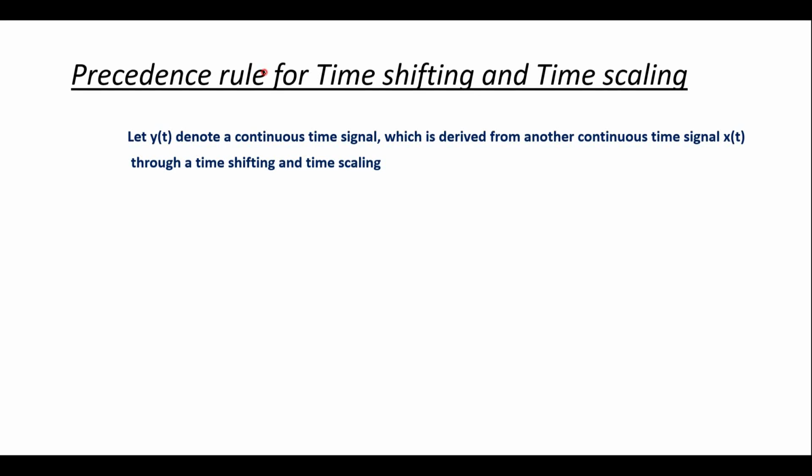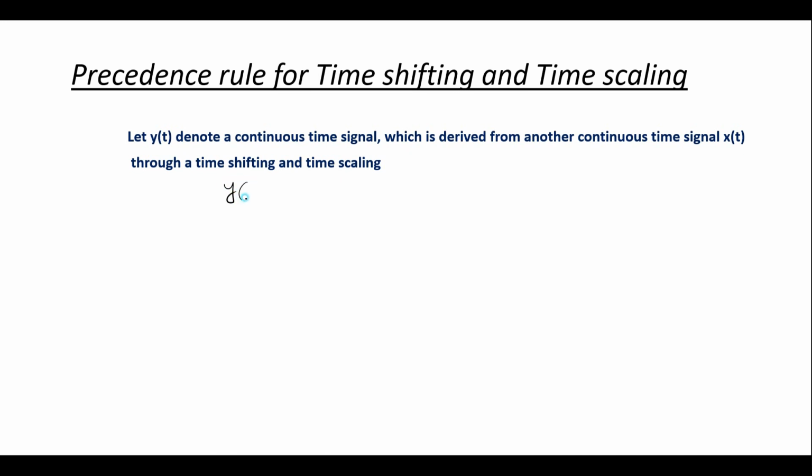In this lecture, we'll study the precedence rule for time shifting and time scaling. Let y of t denote a continuous time signal which is derived from another continuous time signal x of t through a time shifting and time scaling. That is,